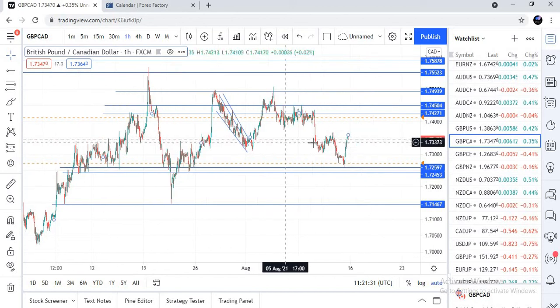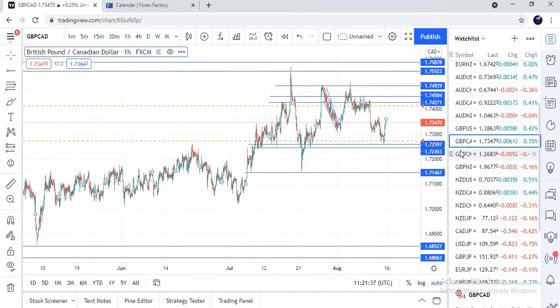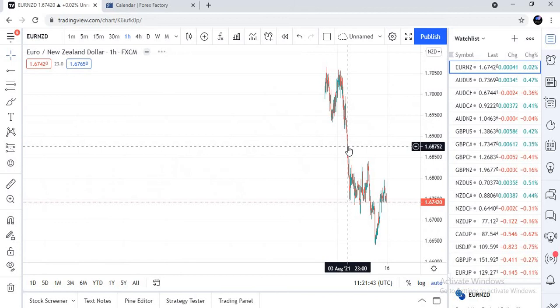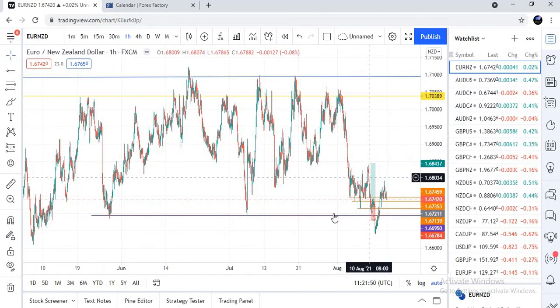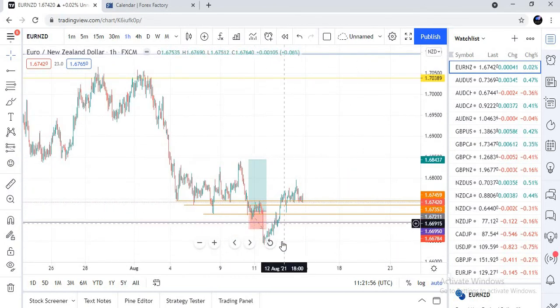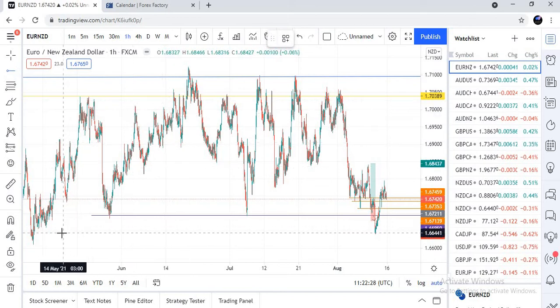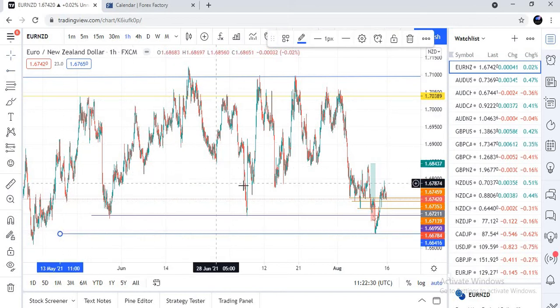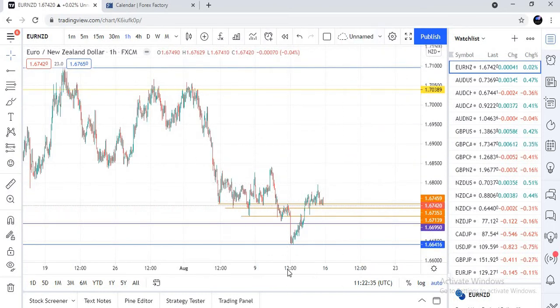So I think that's all our analysis for the GBP to the CAD, Canadian dollar. The last pair that we're going to be looking at is the EURNZD, the euro to the New Zealand dollar. This is another pair that respects levels, but as you can see, this pair disrespected this level right here and formed a new support level. So we're just going to put a support level right here. I think we placed a trade on this some weeks ago, and it disrespected our prediction.